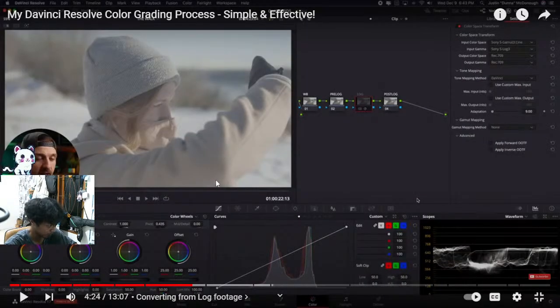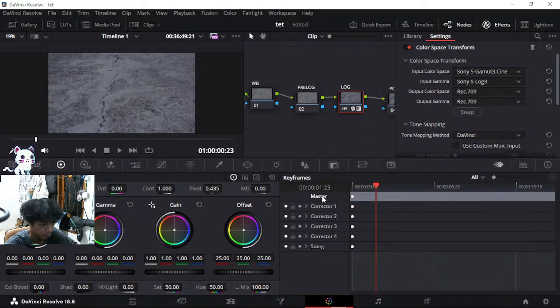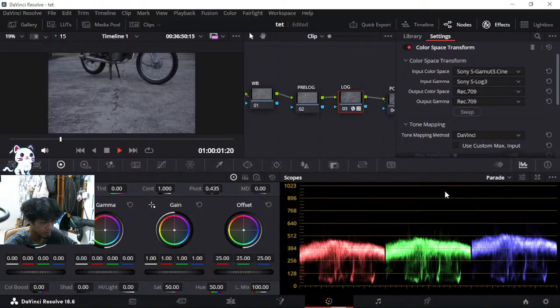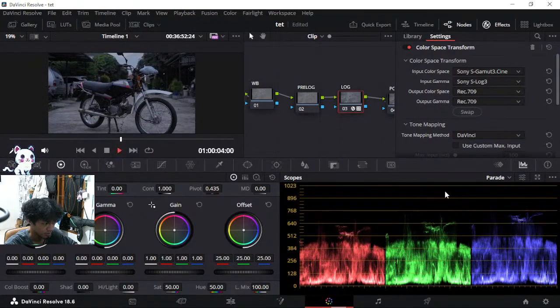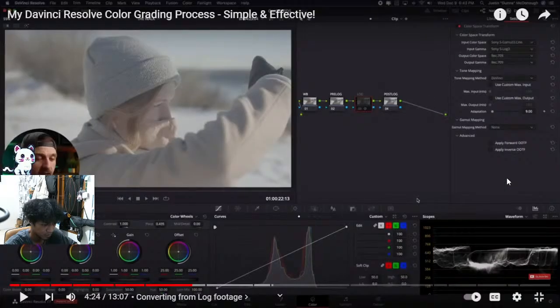Ntar dia ada menu curves. Nggak ada, paling nggak ada. Ada yang tahu. Let's. I think I don't need this. Maybe yes. Ini. Scopes. Oh,